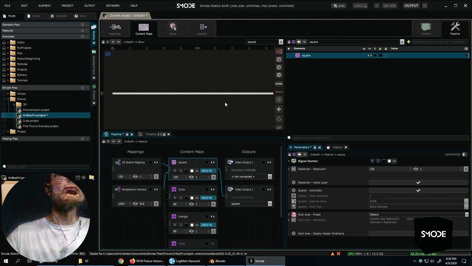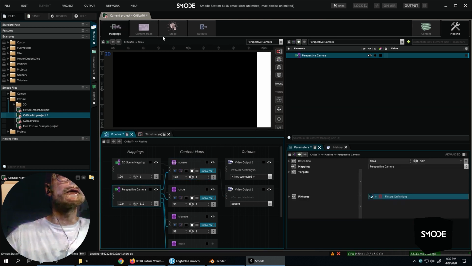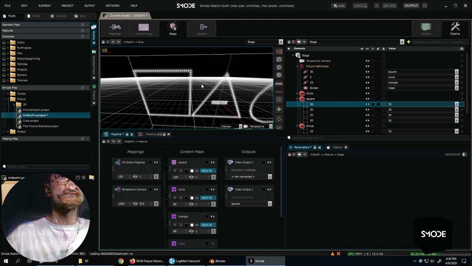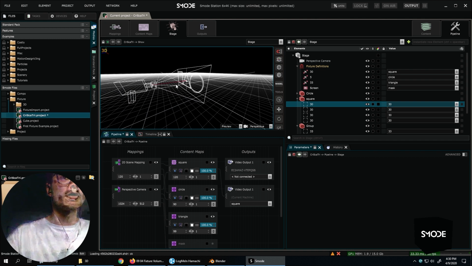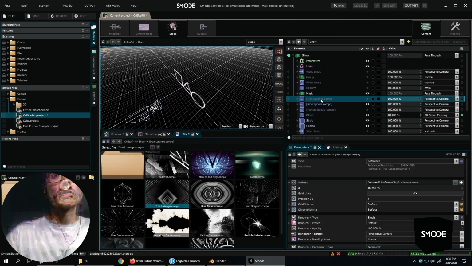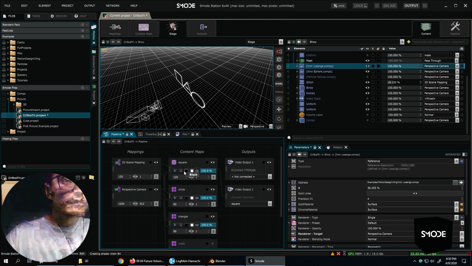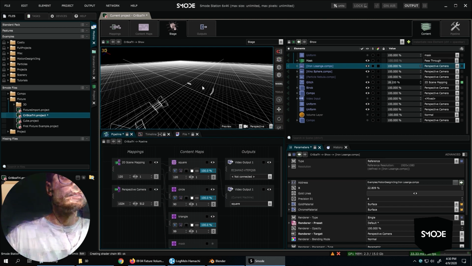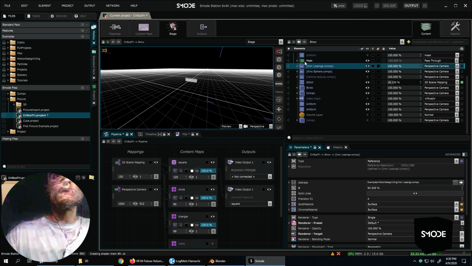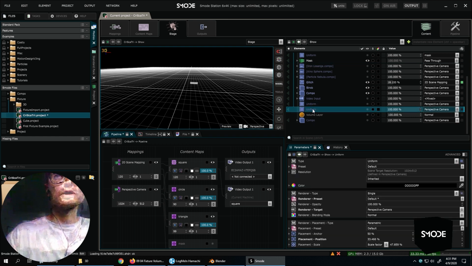It's not very important for the setup to have a convenient content map, but the most important element is this perspective mapping, because we can use perspective mapping with the LED fixture, and this will send some content, some elements, into the LED and make it animated.